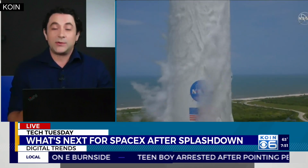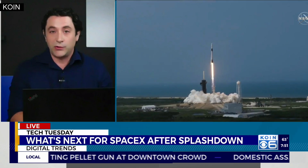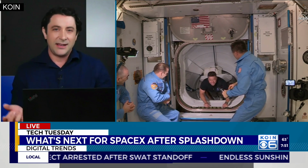And that's leading up so that they can get certification from NASA to be the official, or one of the official carriers of astronauts to the International Space Station. And it looks like they're going to get that. The mission was, by and large, very successful. But right now they've got to check out that capsule. So that's one of the things they're going to be doing, is kind of reconvening and going over the capsule, seeing how it held up with everything